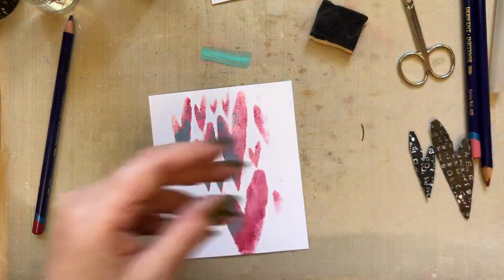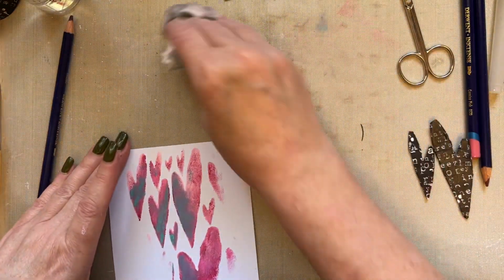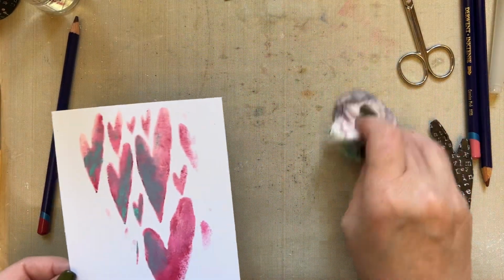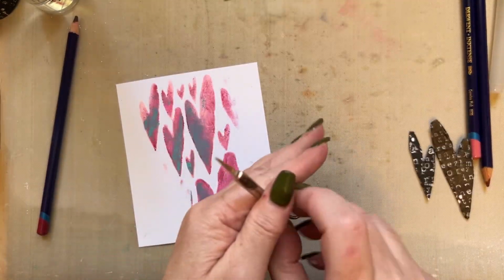Oh, yes, yes, yes. Love it, love it. And when I've cut them out, I can add more colour if I wish, or I can even brayer over with the white. So